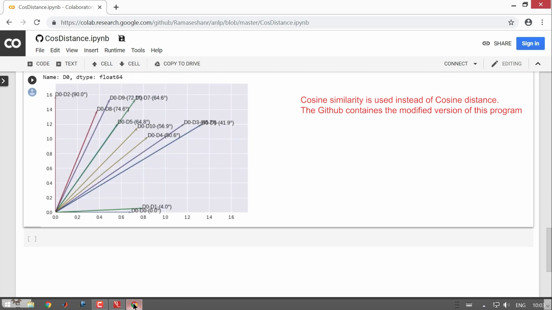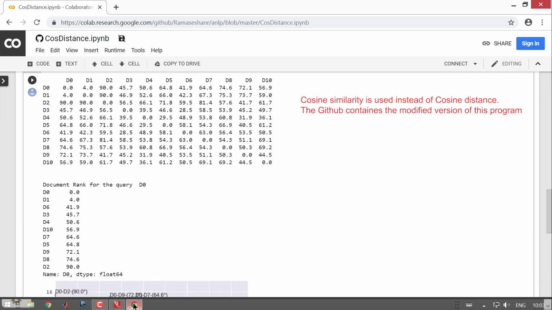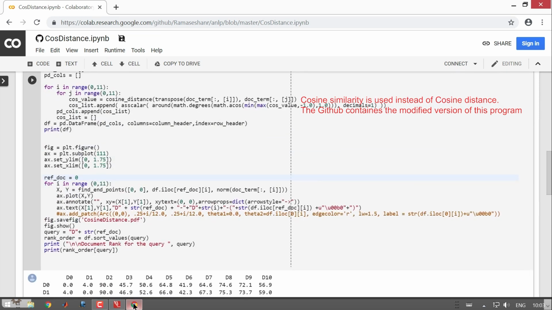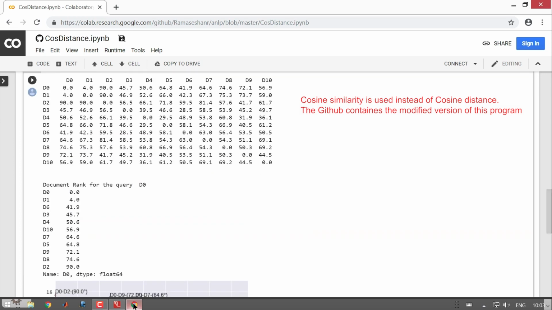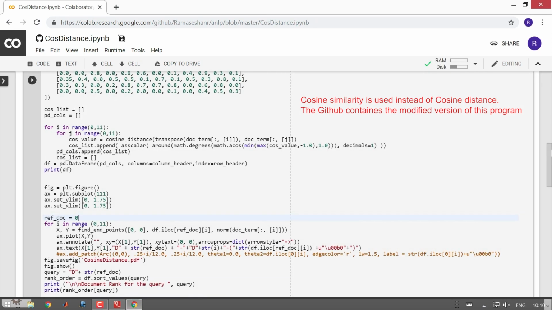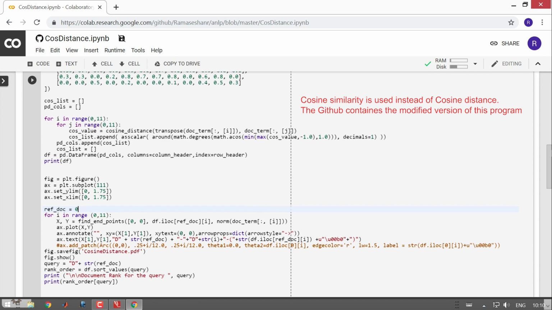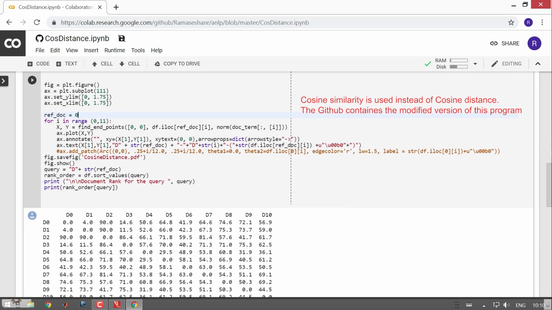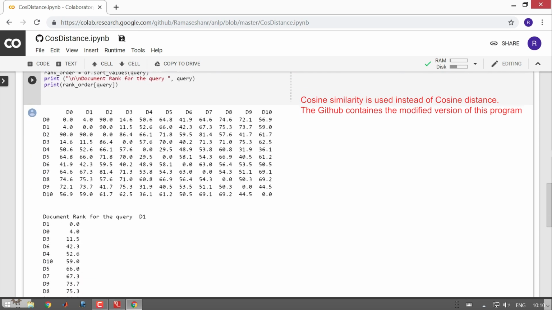All right, so we have seen how these documents could be compared when the TF-IDF values are available. Now let us construct a query and see how the similarities are measured and how the ranks are computed.